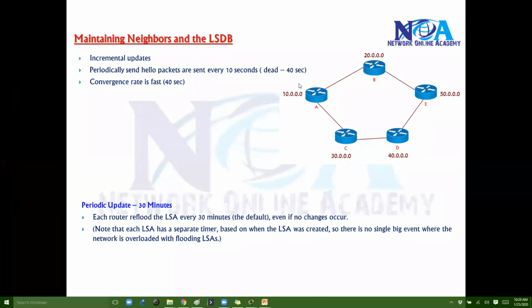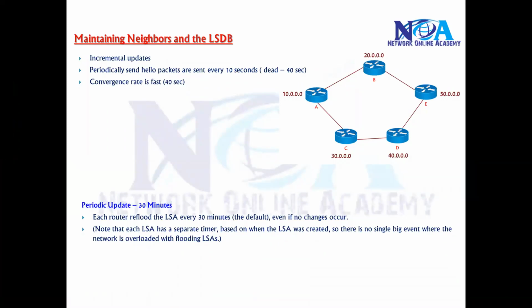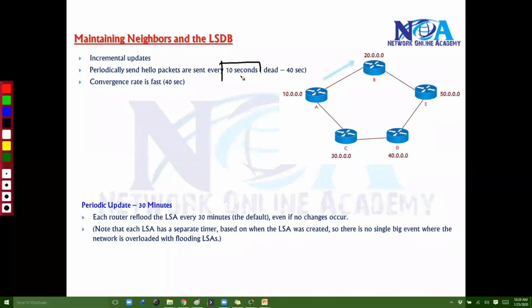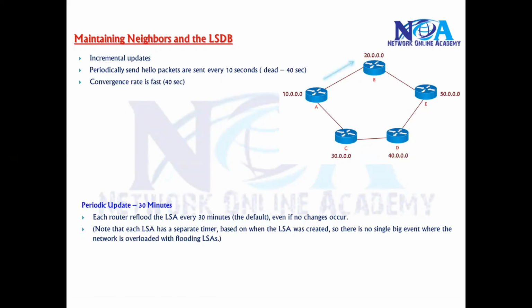Like by default, router A will send out a hello message or hello packet to router B every 10 seconds, which is the default. So the default timer for maintaining the neighborship is the hello timer. Just like you have your neighbor, you say hello every morning. That's a kind of default to maintain the neighbor relationship. Similarly, router A and router B will exchange hello messages. Router A will send to B and router B will send to A every 10 seconds